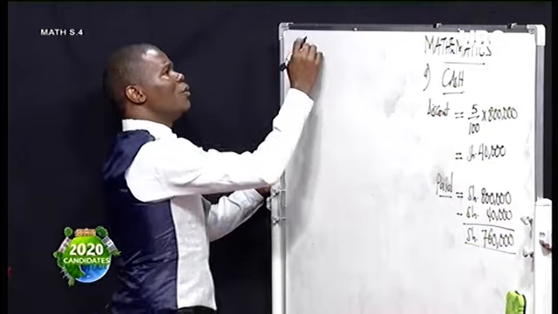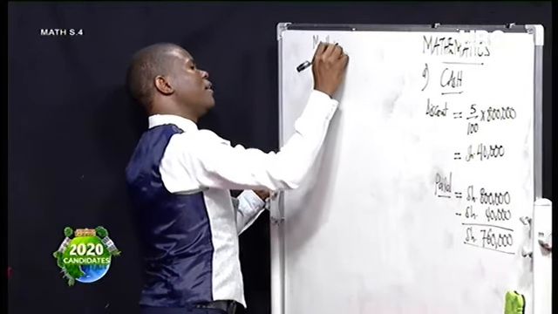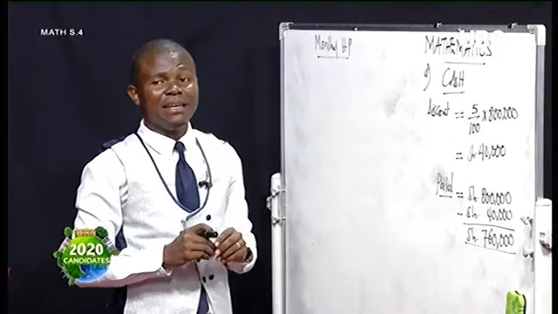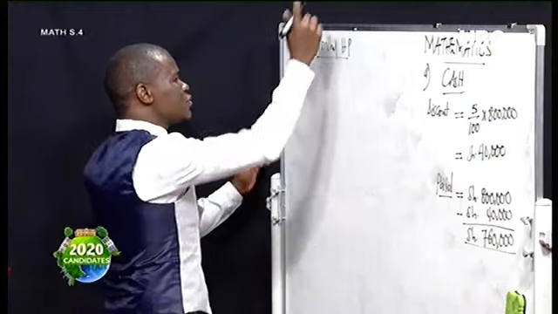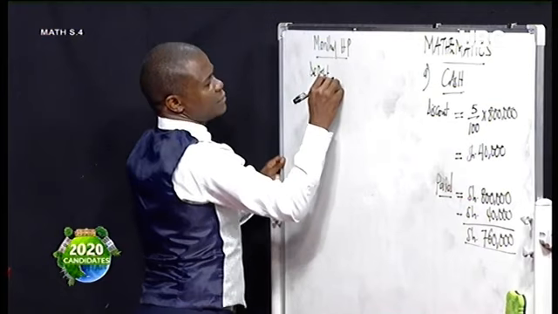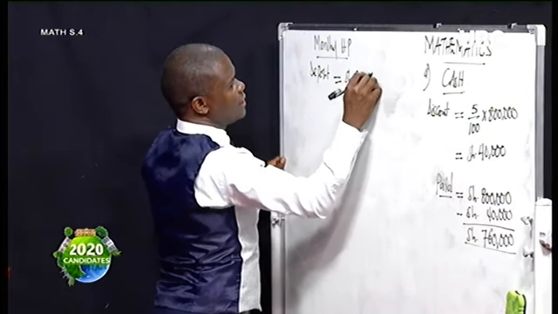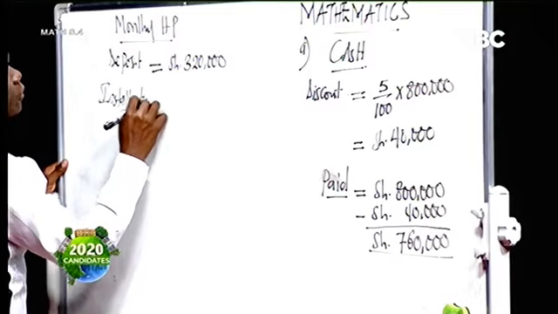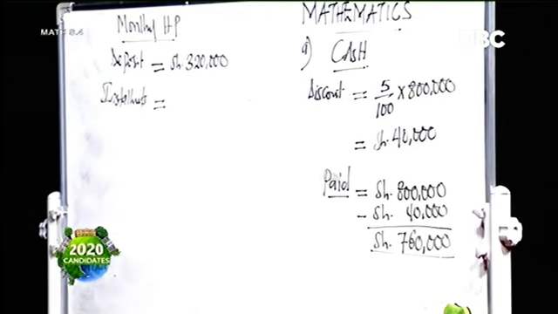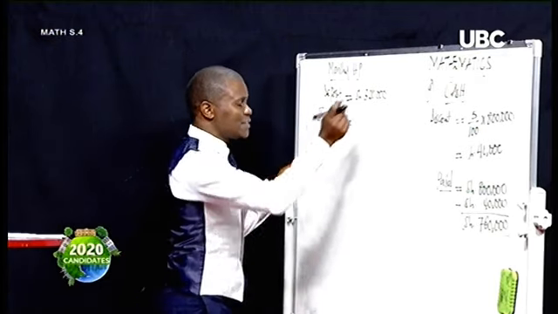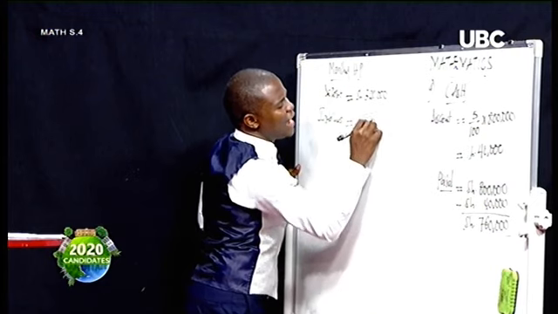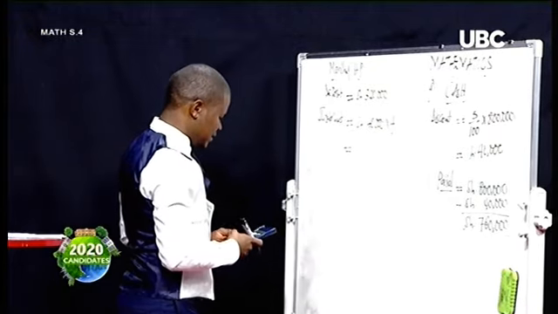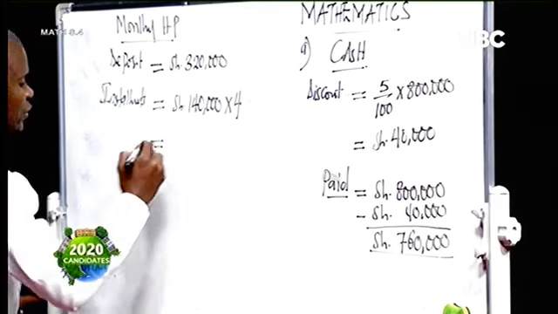Look here. We are looking at monthly hire purchase. Do not forget, we said that the deposit was 40%, and we calculated that the deposit was 320,000. But the installments, we said, is supposed to pay shillings 140,000 per month for the next 4 months. So it would be shillings 140,000 times 4. When you multiply 140,000 times 4, you are going to obtain shillings